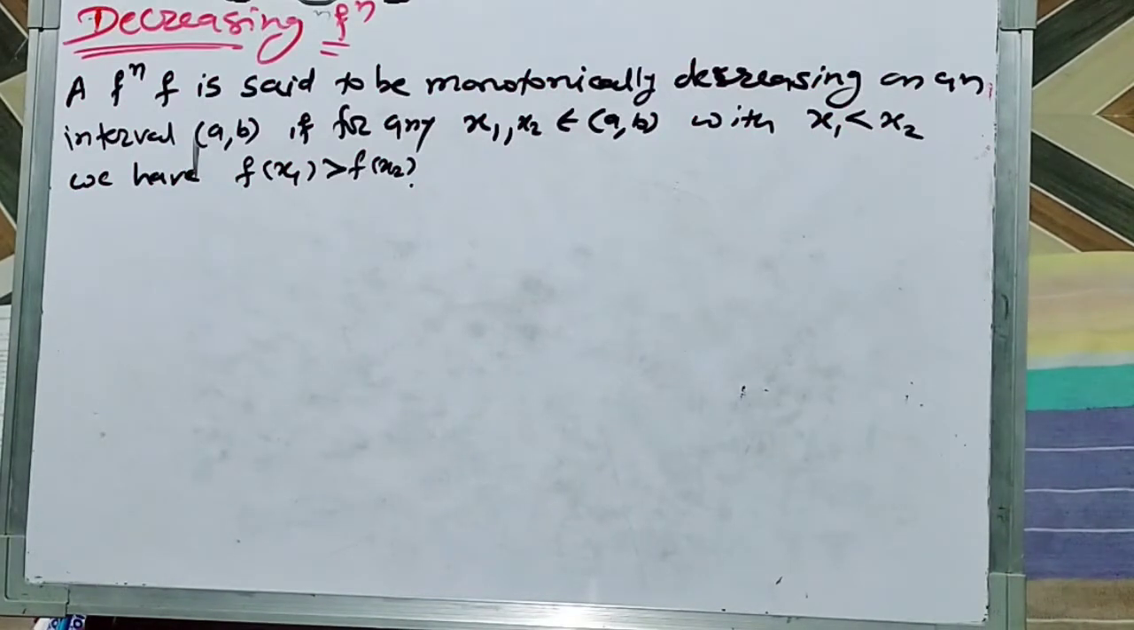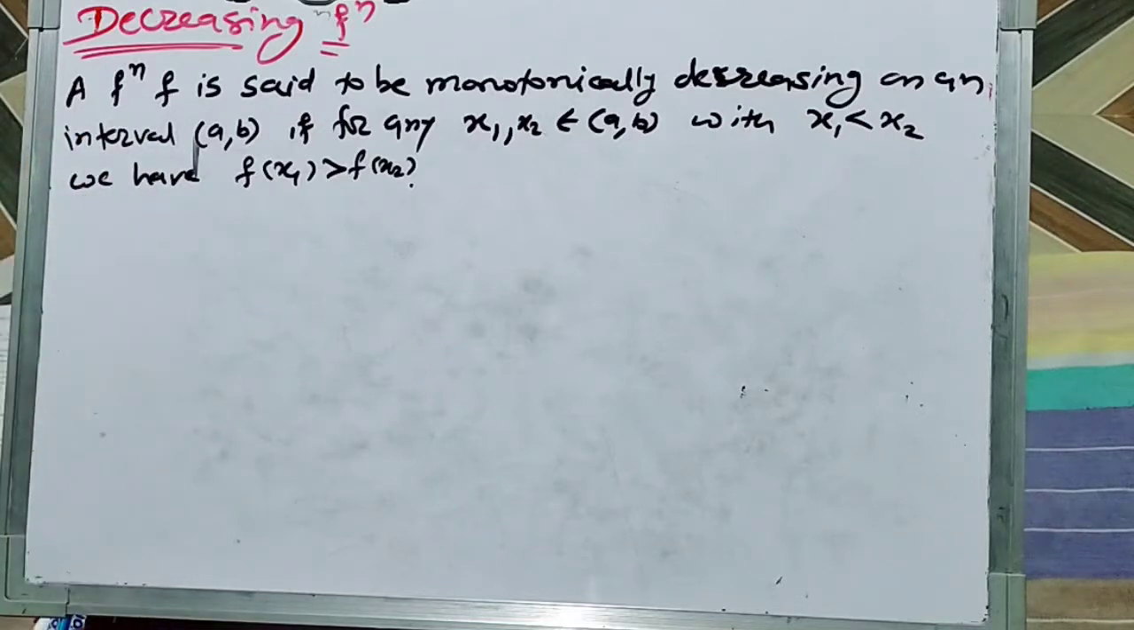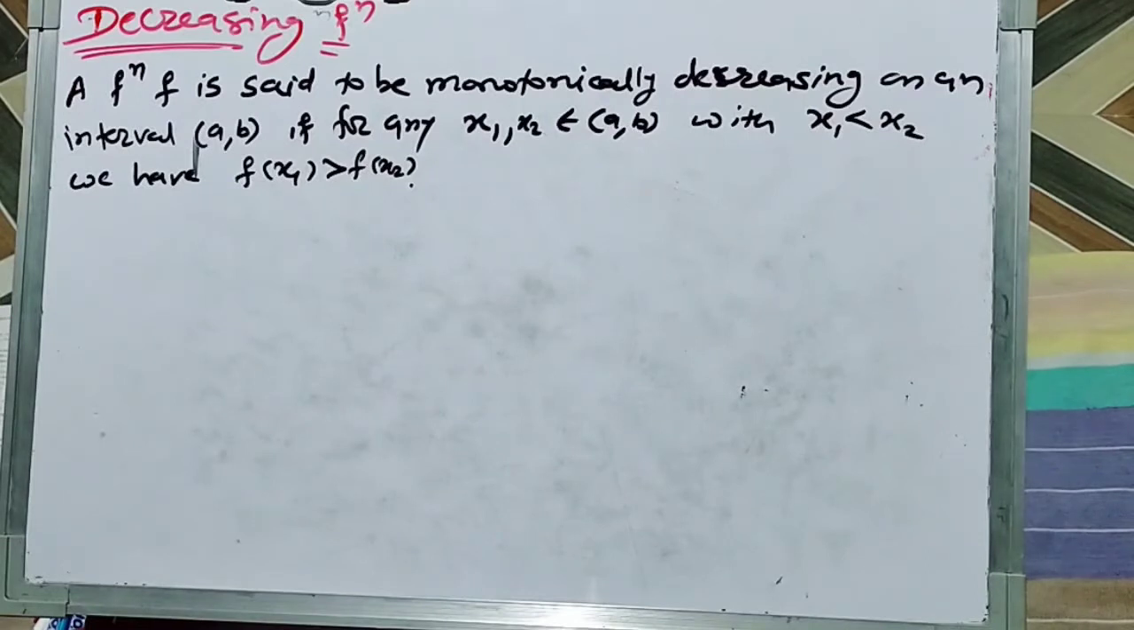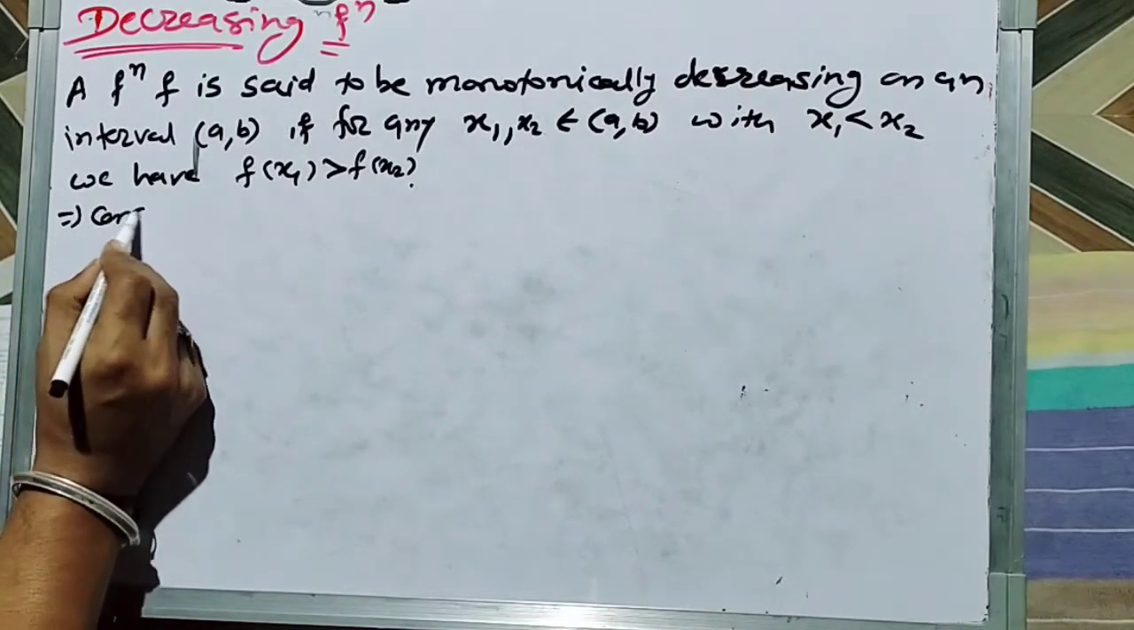Now for decreasing function, a function f is said to be monotonically, means strictly decreasing on an open interval a to b if for any x1, x2 belongs to interval ab with x1 less than x2 we have f of x1 is greater than f of x2, then the function is decreasing. Now again consider